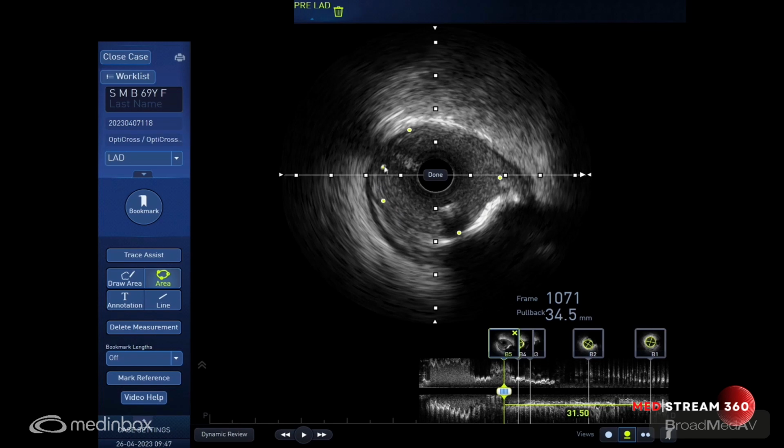I think it's a bit bigger than 3 here. Can we measure that area there? Yeah, it's about 3.5. So I probably think we go with the 3 millimeter stent size, about 32 millimeter, and post dilate with 3.5. The only question arises with 180 degrees of calcium, should we use any